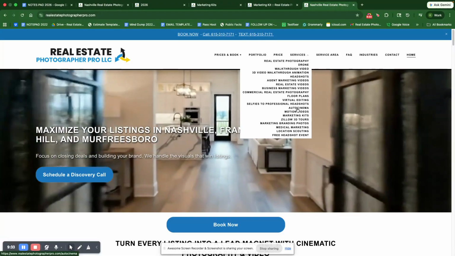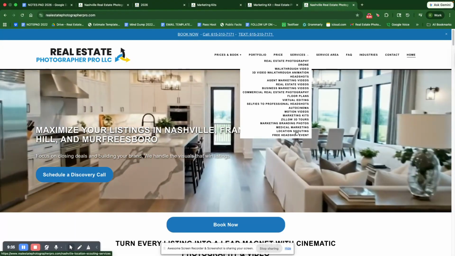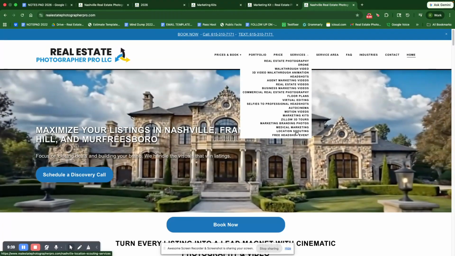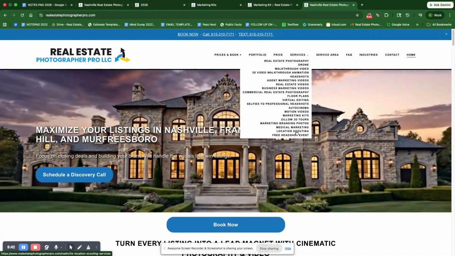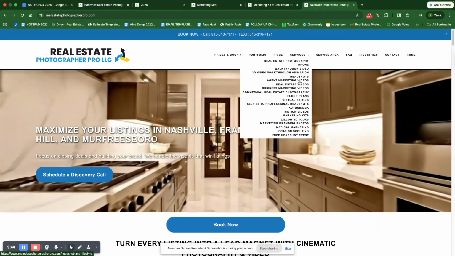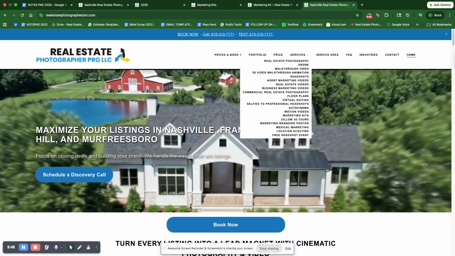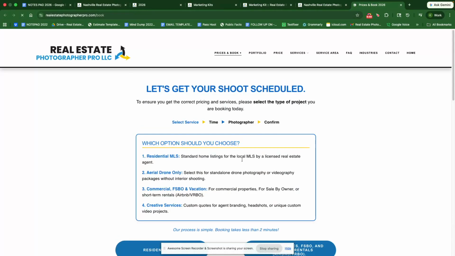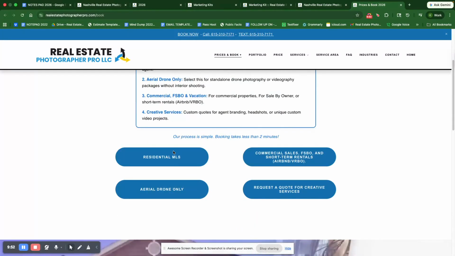We have several editors on our team. We have about 19 editors, 4 admin people, and we have a couple of people helping us with marketing. So these are examples on our service page of everything. But again, if you've got something special, you just click on Book Now. If you're doing residential property, we go to the residential section. If you're doing commercial property, we go to the commercial section. Drone only,